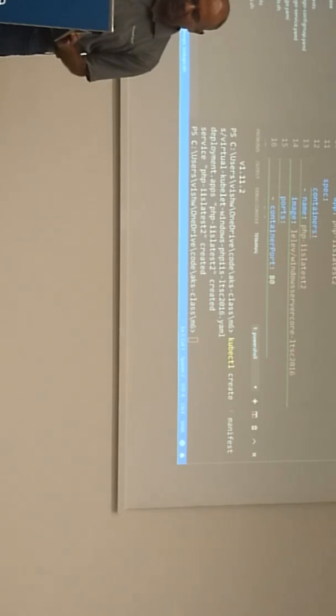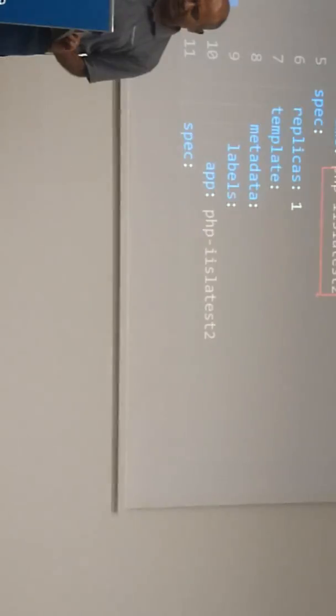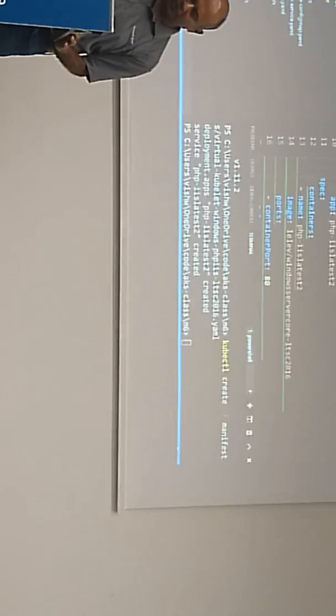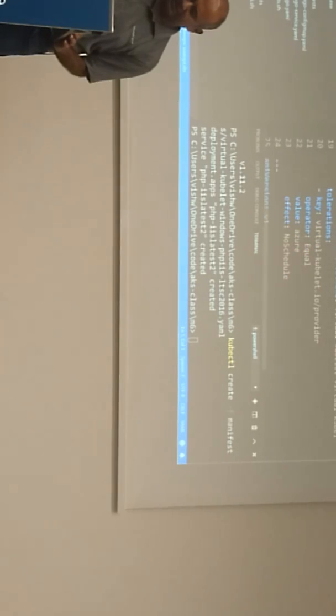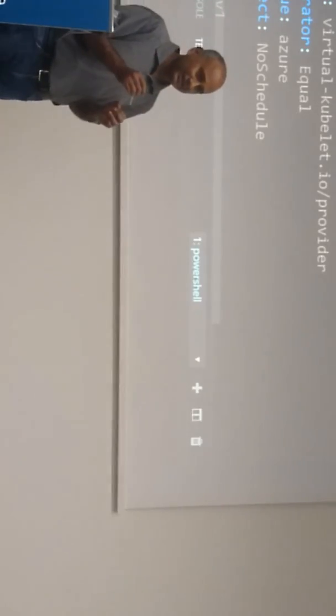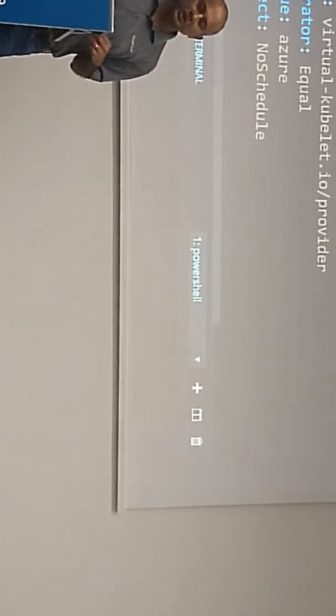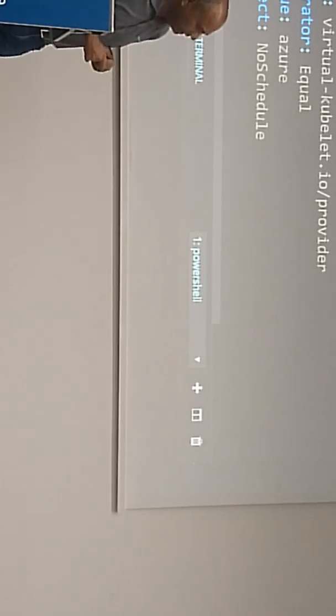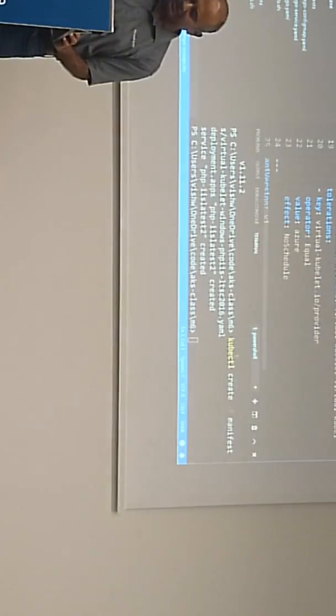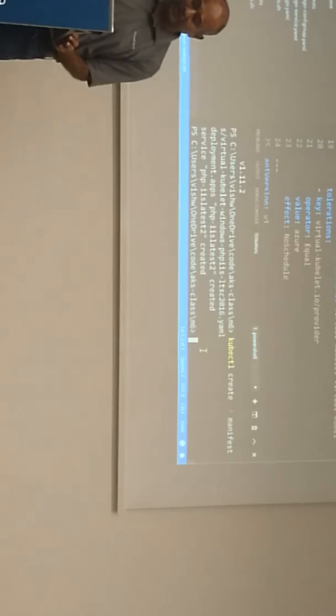So this is the API version. Here's the deployment right here, and this is the name here of the deployment. And what is interesting here is, this is the most interesting part. Let's spend some time on it. So you guys already know about the node selector. So in this case, I'm explicitly saying that this pod can only go to a node which is of type virtual kubelet, right? And so by virtue of that, our node got created, and very quickly it created a Windows